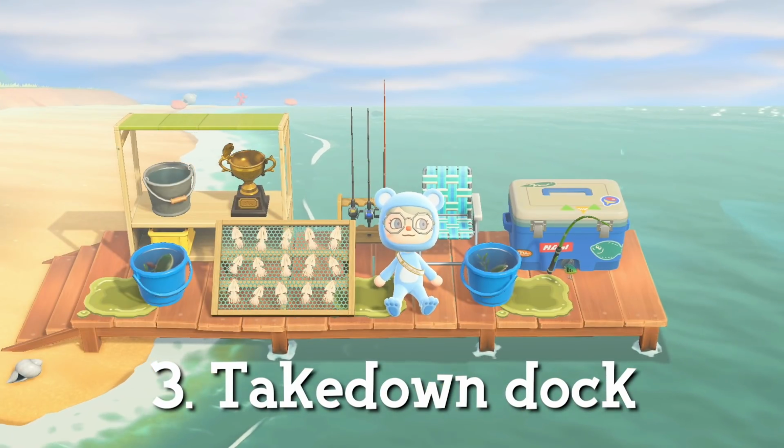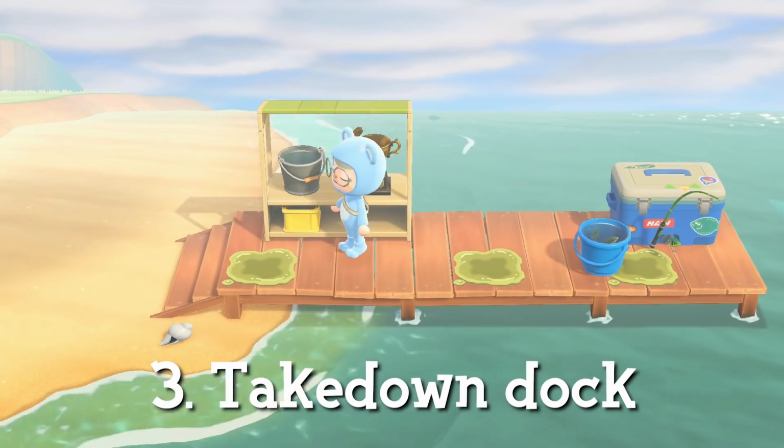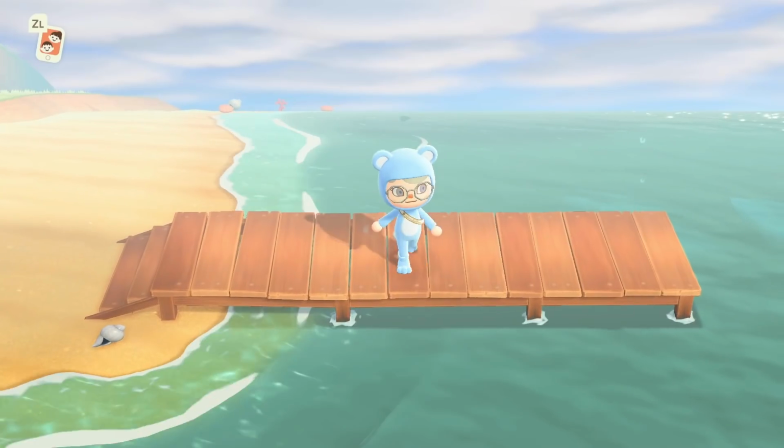The third thing you'll want to do to prepare for the update is move all your items off your dock. If your dock is already empty, then you're 1 step ahead. This is crucial because Cap'n will appear at the dock and you'll need room to walk over to him and